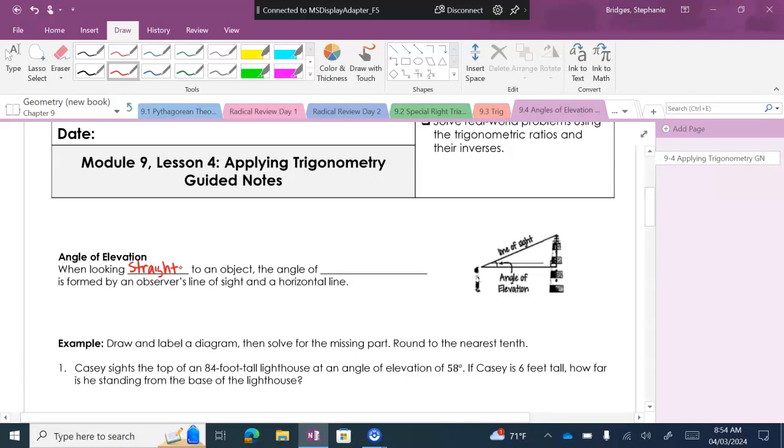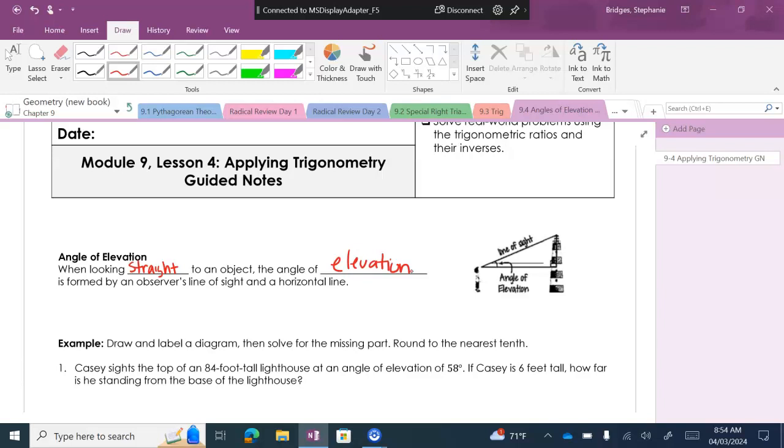The angle of elevation. To elevate, what does that mean? Go up or down? Up. So when we're looking at angle of elevation, we're going to look up. So when looking straight to an object, the angle of elevation is formed by an observer's line of sight,